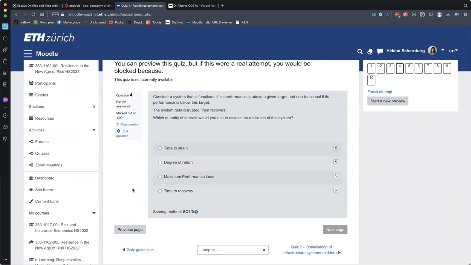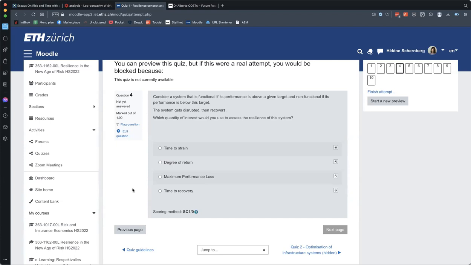So, this question. Here you have to imagine a kind of rectangular resilience triangle, a resilience rectangle. The performance is 1 until the disruption puts the system from full performance to no performance. So it drops to 0 instantly, remains at 0 for a while, and recovery is also instantaneous. The performance goes from 0 to 1. So the question is, why was time to recovery the only relevant measure of resilience here?